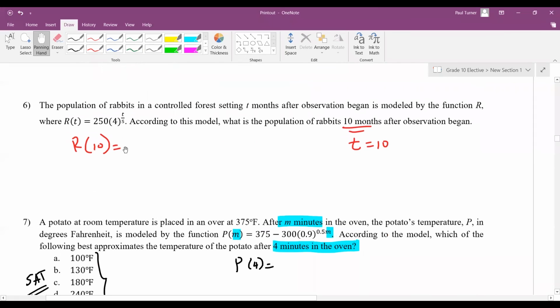These ones are just substitution, okay? So you should have no problems with these ones. So it's 250, 4. In this case, T is 10. So 10 on 5 will be 2. And you'll get an answer there. So that's the population size after 10 months. And this could be graphed. This is like an exponential graph, actually. Exponential function,